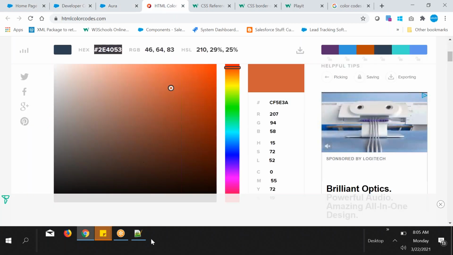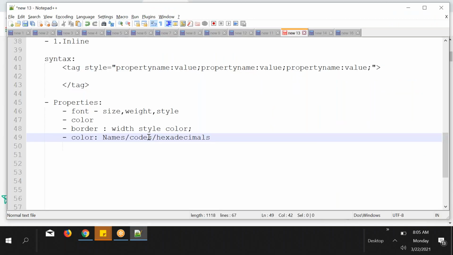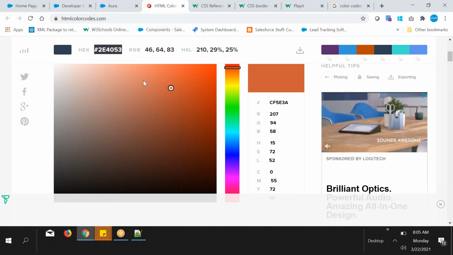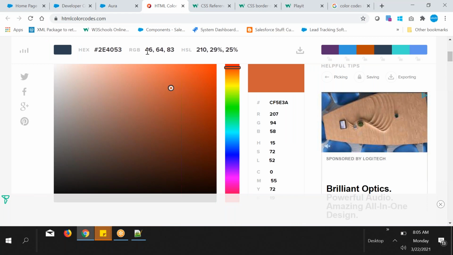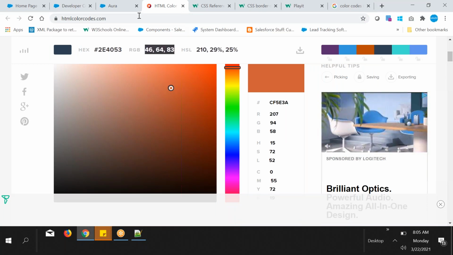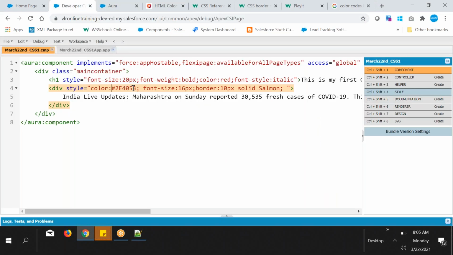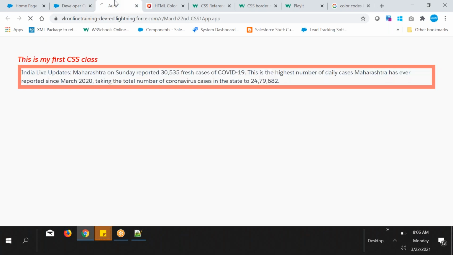with RGB. Okay, hexa. Color codes mean hexa, both are the same. Hexadecimals or RGB. Suppose with RGB, how to display it? Same with RGB, you can add like this. So what is the code? RGB, right? Here you can see. So you can put RGB brackets and paste like this and save it. Same, it will not be changed.